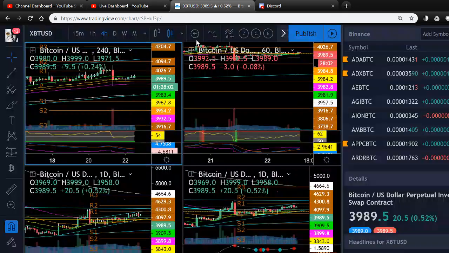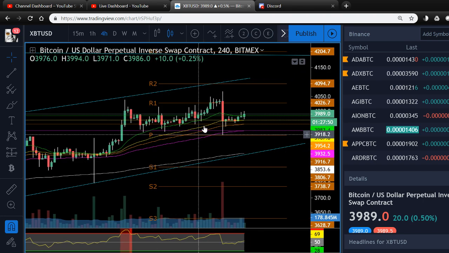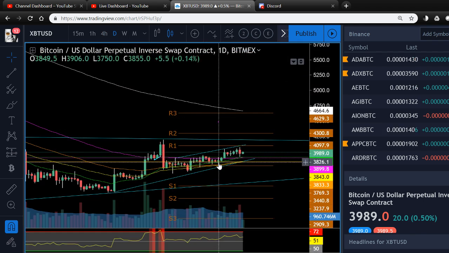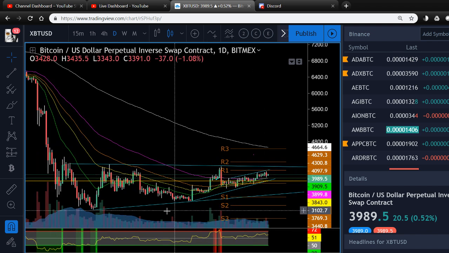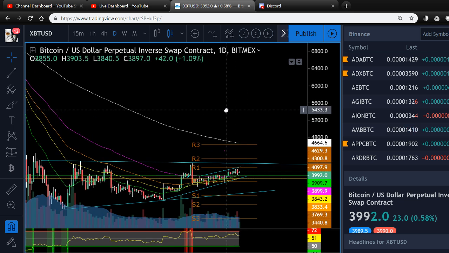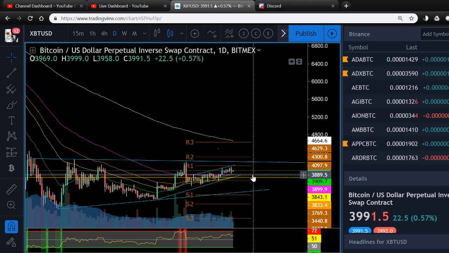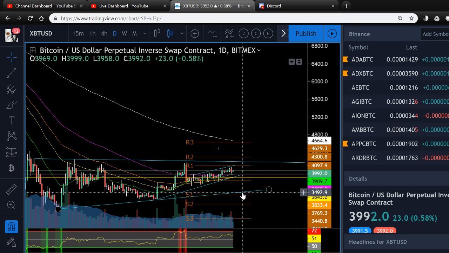So let's go over here. Let's take a look at Bitcoin. Still trading in this channel we've been in for a while. Got the low down at 3100, and it looks like we're making an ascending triangle. Been working on it for a while. We got the EMAs supporting here on the daily. We can very possibly test the EMAs, and anything's possible, we can drop down and test this trend line.